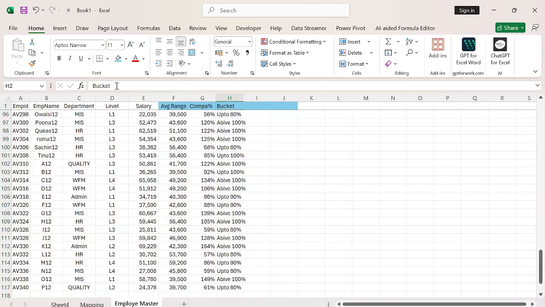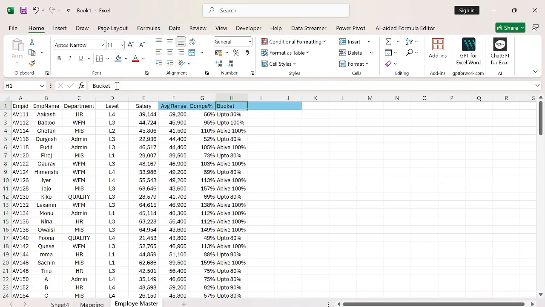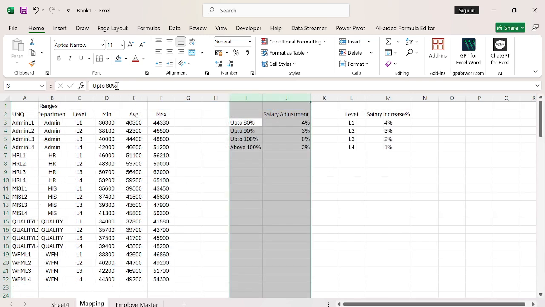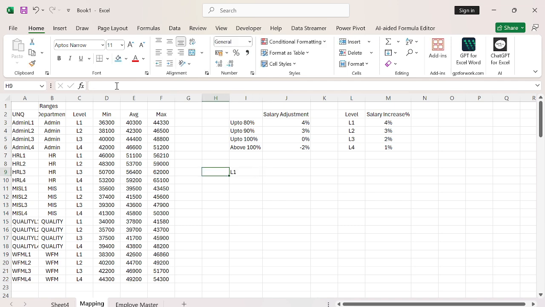Simple. Drag it. Now I have the bucket as well. Formulated. Now what I can do here. Just look, here I am trying to explain one scenario to you. For example, I am at level 1 in the HR department, and my friend in the same department is